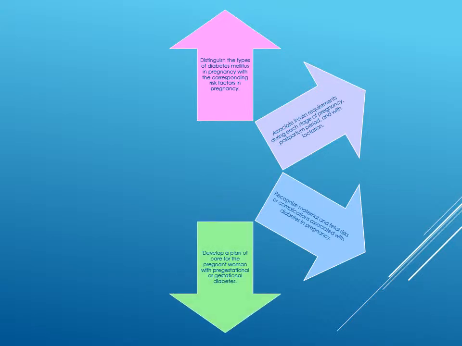The objectives of this unit will include: distinguish the types of diabetes mellitus in pregnancy with the corresponding risk factors in pregnancy, associate the insulin requirements during each stage of pregnancy, postpartum period, and with lactation, recognize maternal and fetal risks or complications associated with diabetes in pregnancy, develop a plan of care for the pregnant woman with pregestational or gestational diabetes,